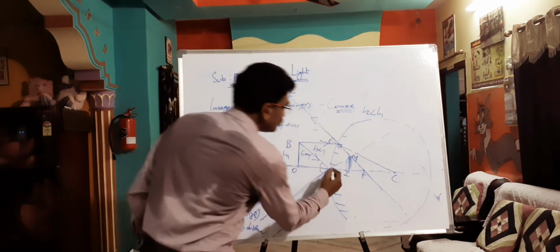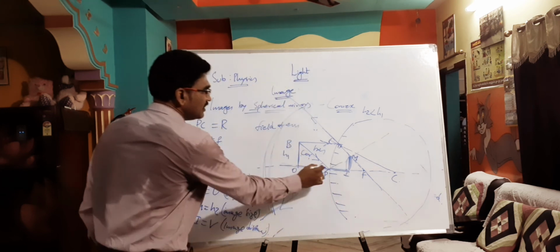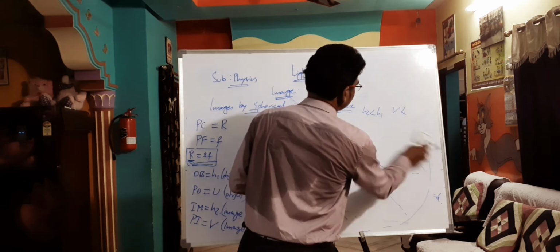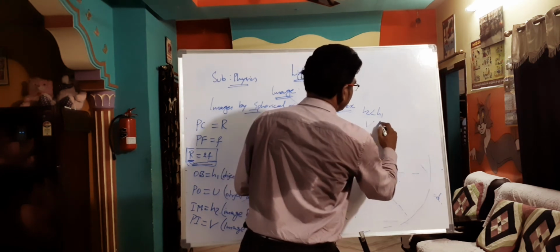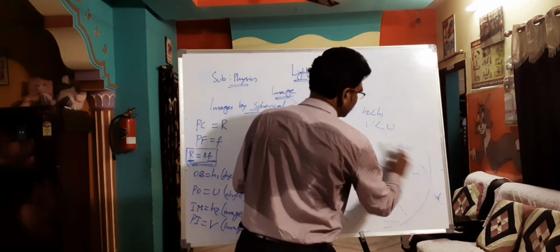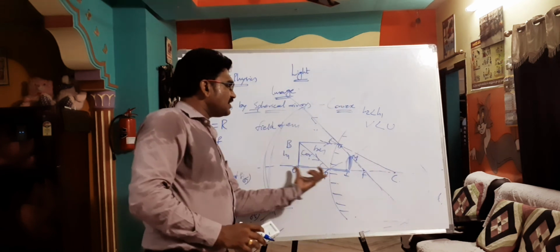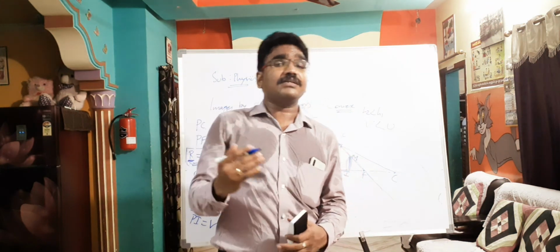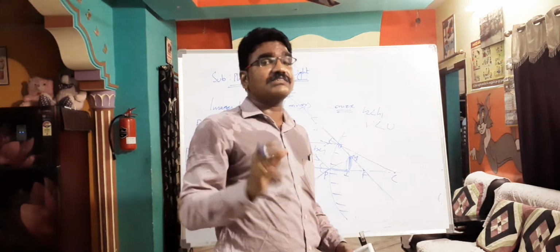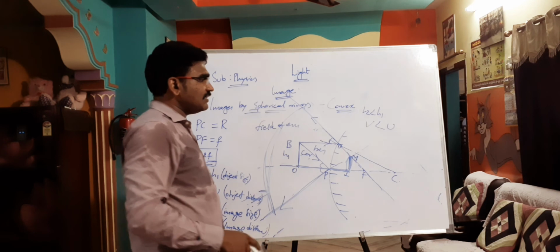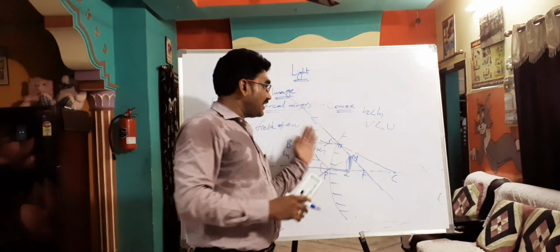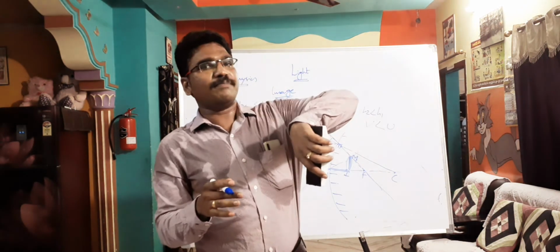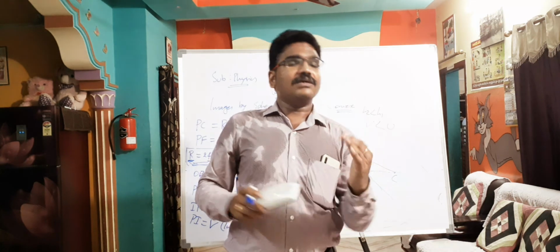And at the same time, this distance is the image distance, this is the object distance. Here V is less than U. This is another thing we have to understand. Image distance is less than object distance. Actually the object may be at 10 meters really, but in the mirror it appears less than 10 meters. So image distance is less than object distance and image size is less than object size, and it is erect. Erect means the bus appears in the same way, it will not appear inverted. So we want an erect image.